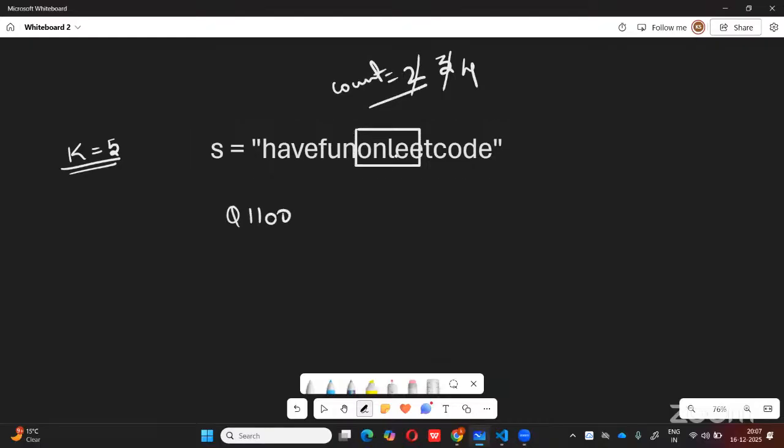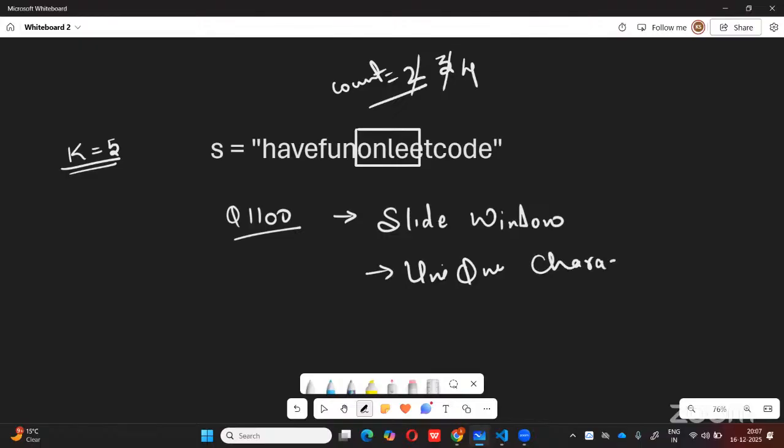That is, you have to slide your window and find out all the unique characters substrings, right? Unique characters substrings you have to find out. So again, a very simple question. You just have to slide the window. You have to find out what all substrings are there. So now the point is how do we find out that in a particular substring, all the characters are